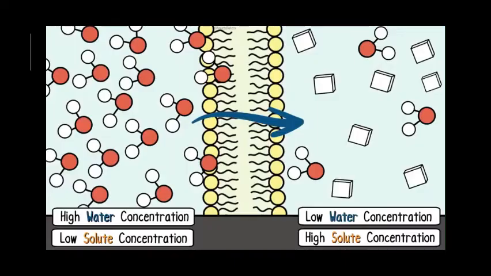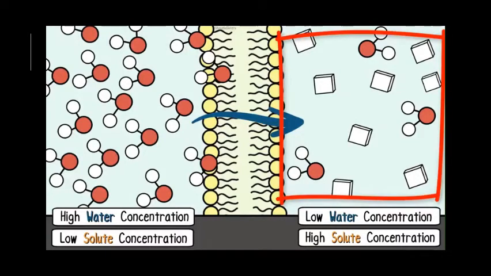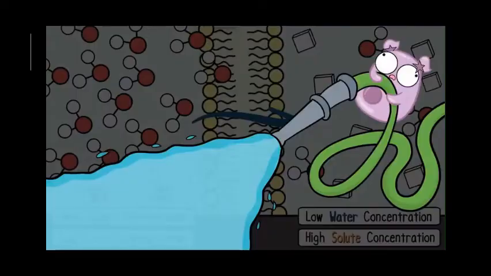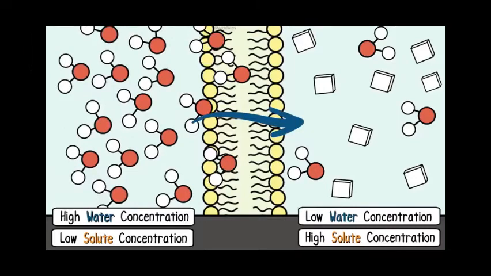Water has the tendency to move to areas where there is a higher solute concentration, which would mean less water concentration. So if you want to easily figure out where the water will travel in osmosis, look to the side where there is a greater solute concentration. Unless we bring in another variable, like pressure, water will generally have a net movement to the area of higher solute concentration.